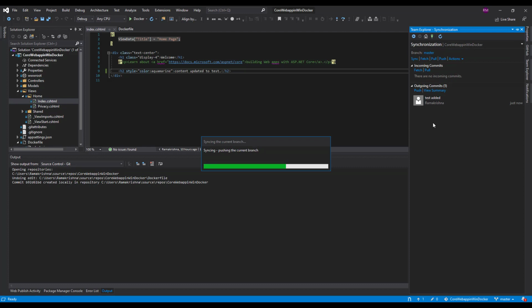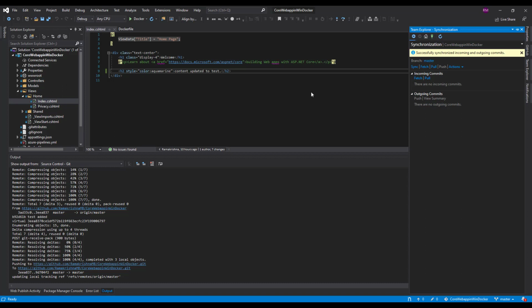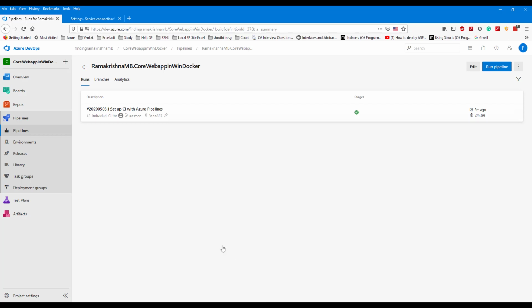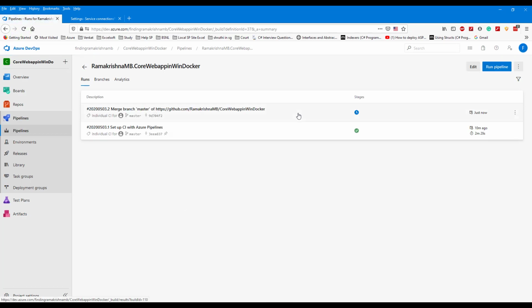Once the changes are pushed to the GitHub repo, the pipeline should automatically trigger. So go back to the pipeline, refresh the page. Yes, the job has already started.